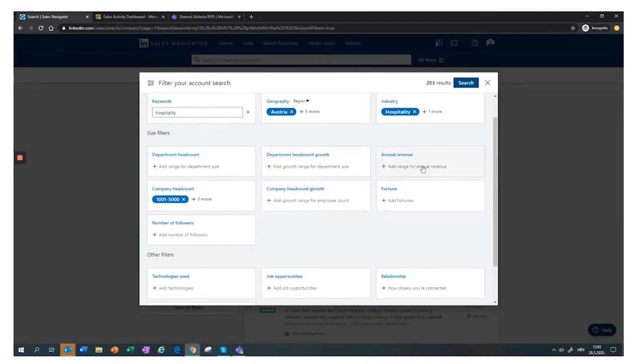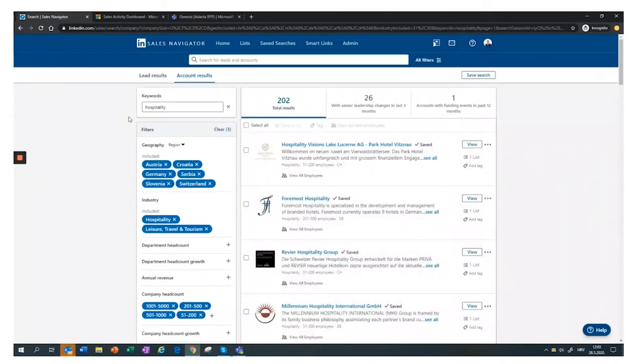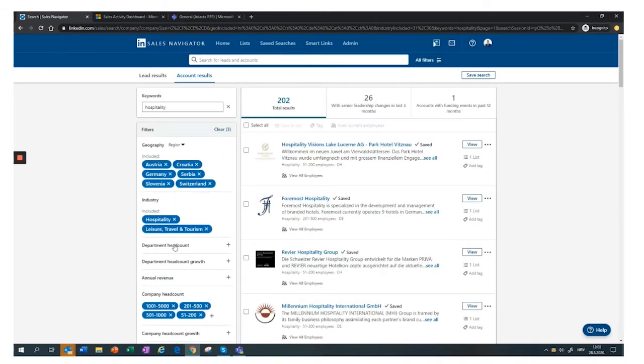So by now I know what kind of accounts I'm looking for in terms of size, market and industry they are in. And we can click search. What we get next is our account results. Now, on the left-hand side, I still have my filters, which I could easily remove if I want to, or add a new one. Now, maybe we are already talking to or are doing business with some of those companies